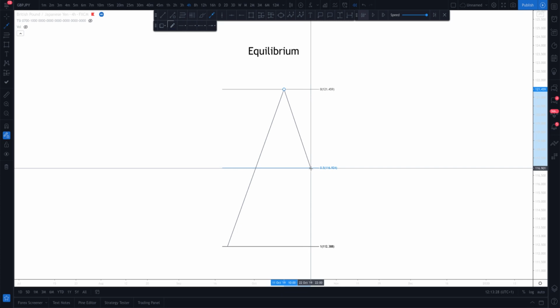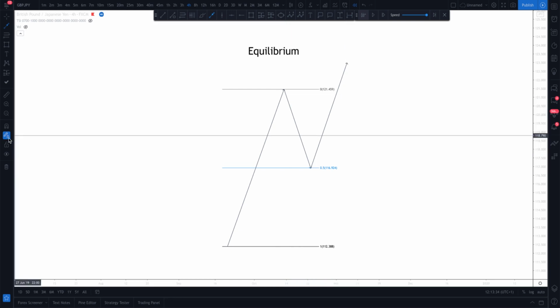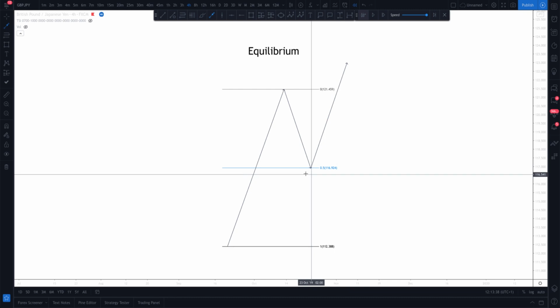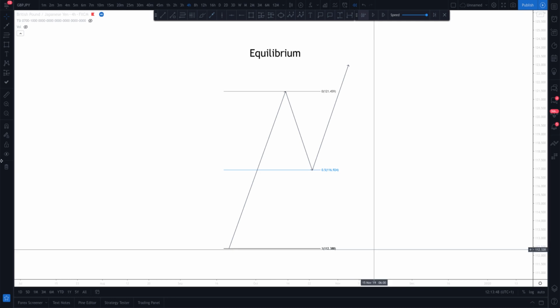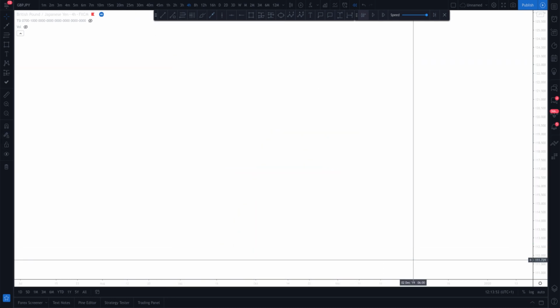In some cases, it will tap the 50% and then it'll continue on. And in these cases, what we do is we look for our buy opportunities when price rejects the 50%. And equilibriums don't just go for the price tags. It goes for the candles. It goes for